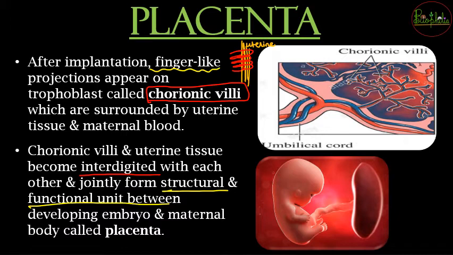सो जो chorionic villi है वो किसका part है, it is going to be part of the newborn baby. So that is the developing embryo, whereas the uterine tissue is going to be the part for the maternal body. So दोनों के बीच में क्या है, it is going to be called as the placenta. So this placenta is going to be very important कि जो भी communication है between the two bodies, that is one who is forming and the other which is getting formed.